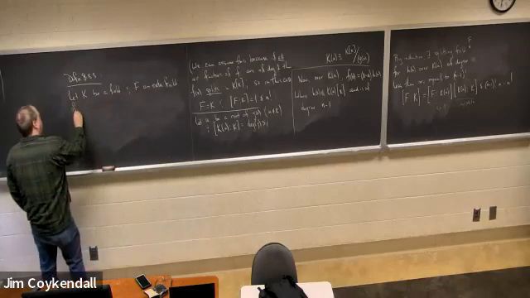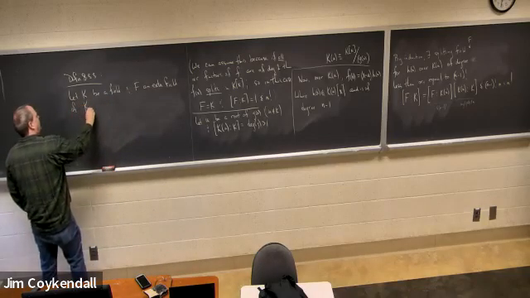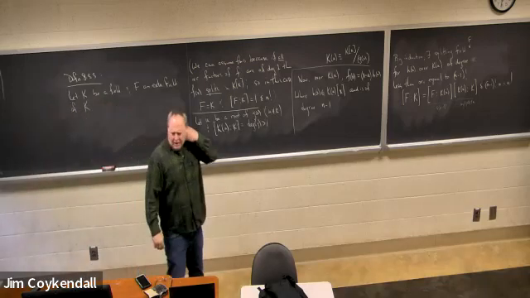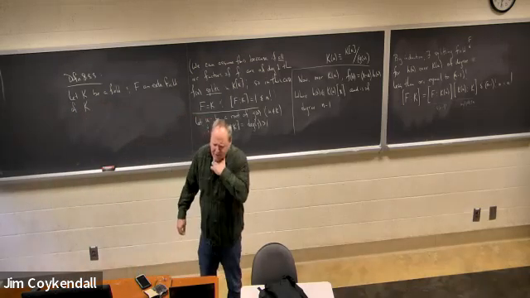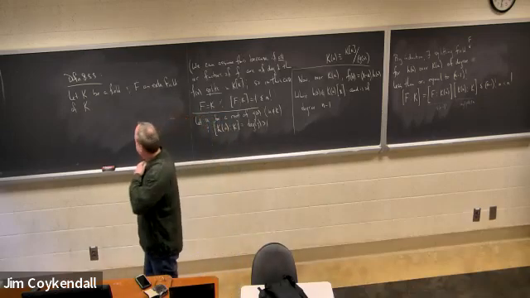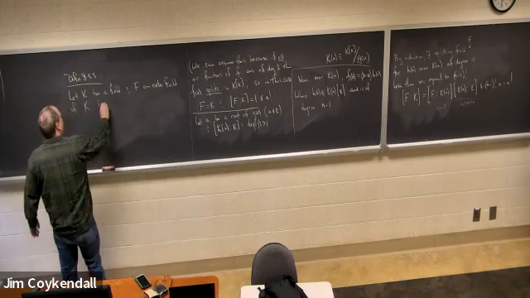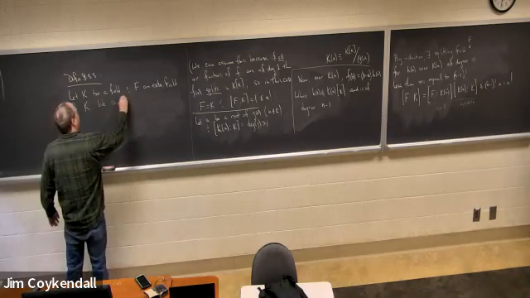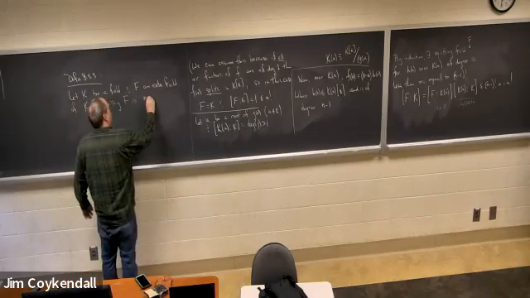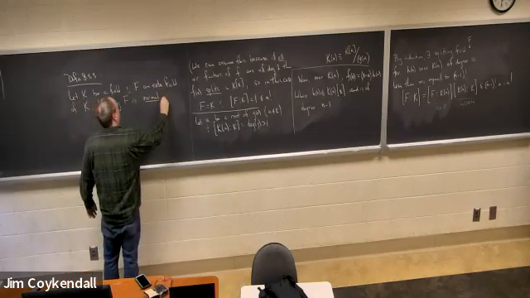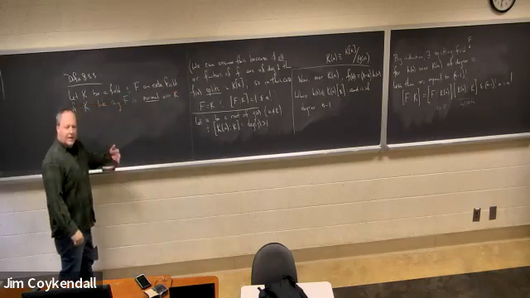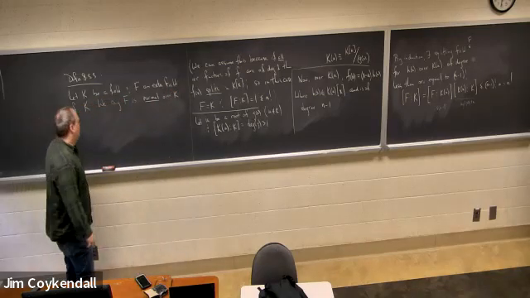So you've got some field K, you've got F, an extension field. My definition is we're going to say F is normal over K, or some people say F is a normal extension of K,